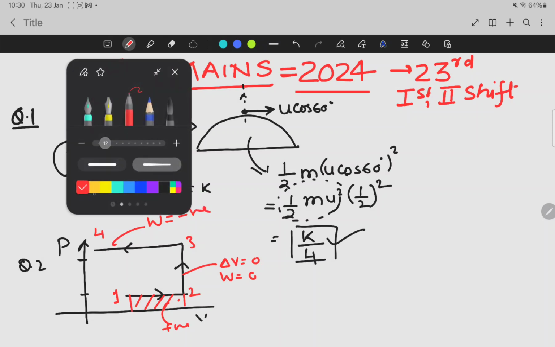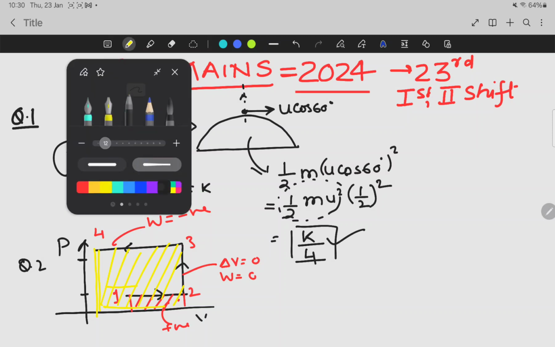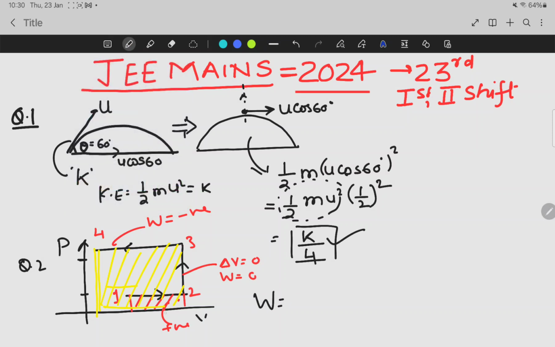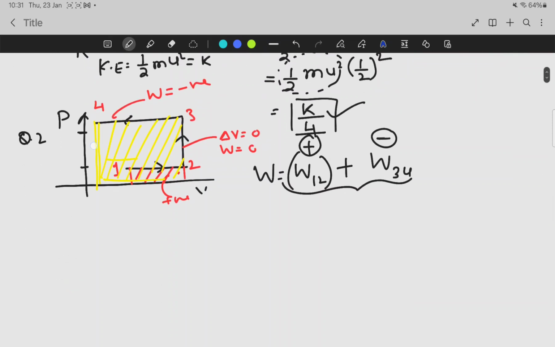And what is the area under the curve? All the coordinates they have given, and with the help of this logic you can calculate the total work done, which is the work done from 1 to 2 with a plus sign, plus the work done from 3 to 4 expressed with a minus sign. You will calculate the resultant work done with the help of this. So next,